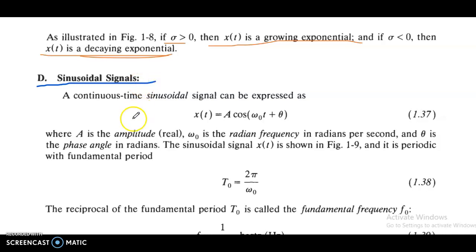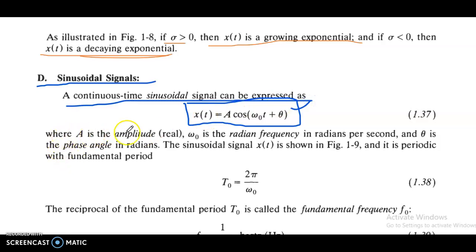Sinusoidal signals. A continuous time signal, the sinusoidal signal, can be expressed as, already we have seen these sinusoidal signals in the last video, x of t equal to A cos of omega naught t plus theta, where A is the